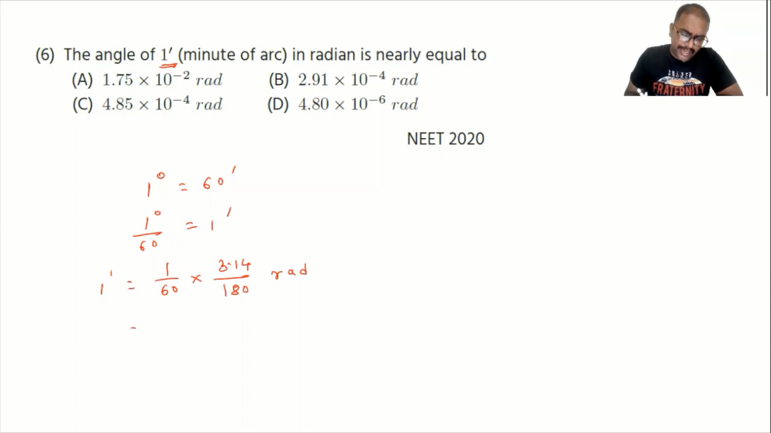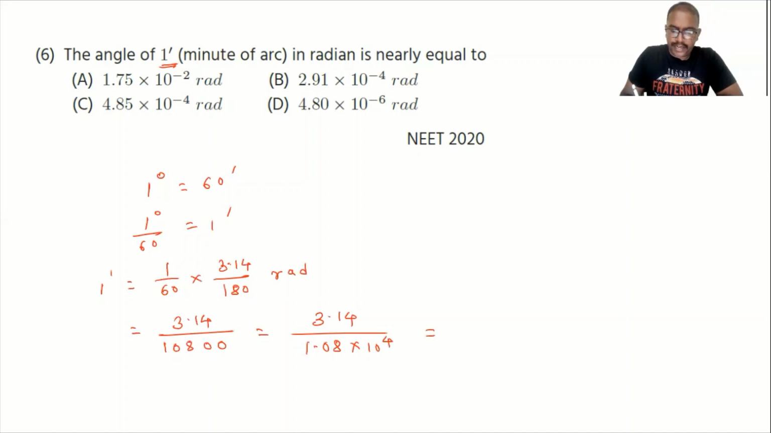3.14142 also you can write. So 18 multiplied by 6 I can do, and these two zeros. 6 8s are 48, 4. This is coming like this. So here 3.14 divided by, I can write 1.08 into 10 raised to 4. So here 3.14 divided by